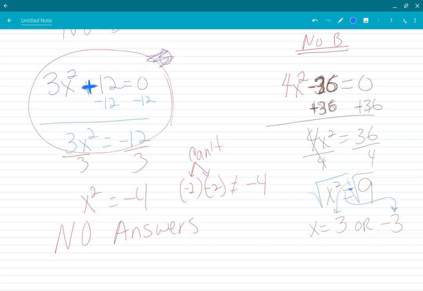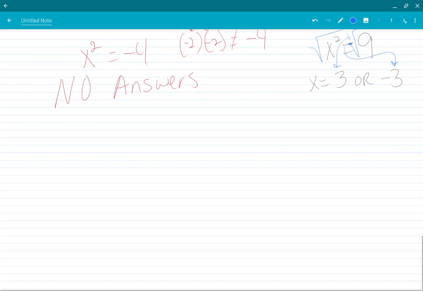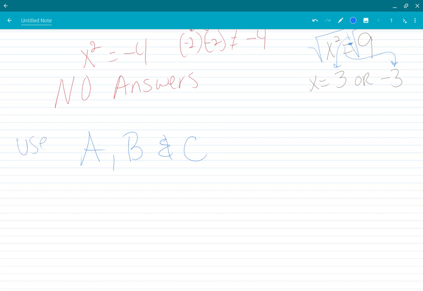All right, ladies and gentlemen, so my goal for today was to show you the quadratic formula, but I don't want you to always pull out that sledgehammer, right? You only want to use it when you have A, B, and what? C. Yep. And if you couldn't factor it easily,